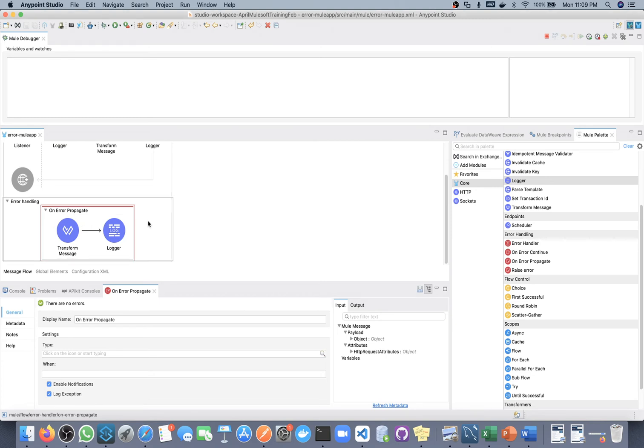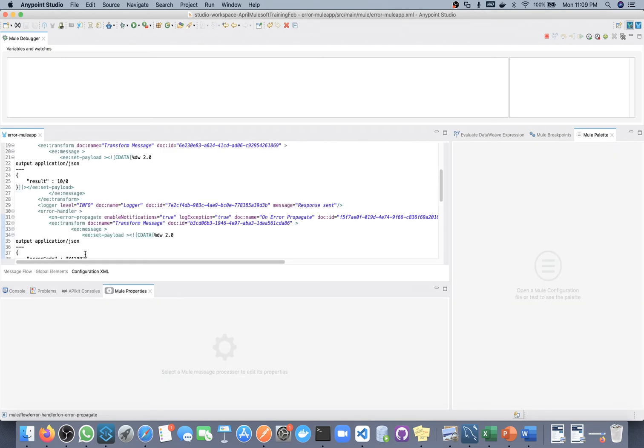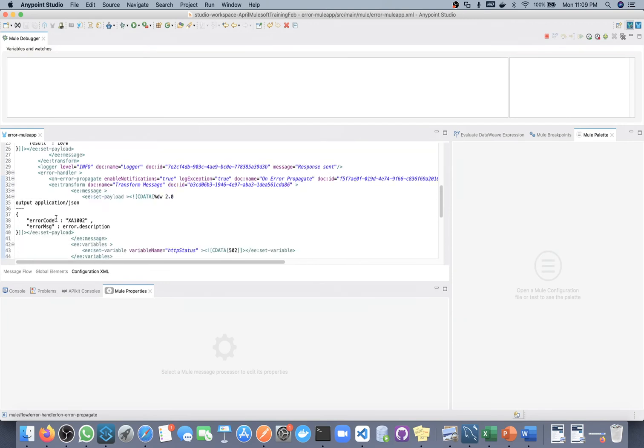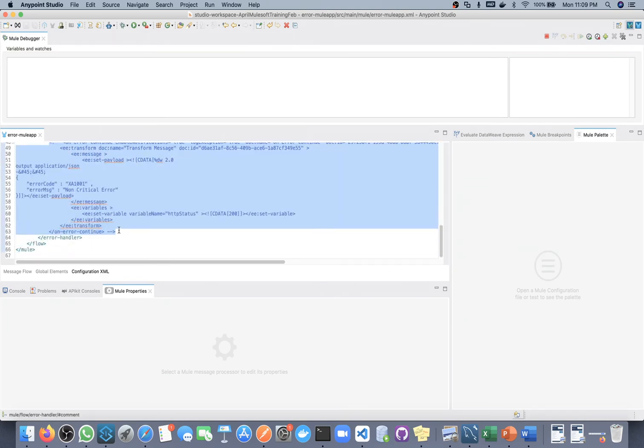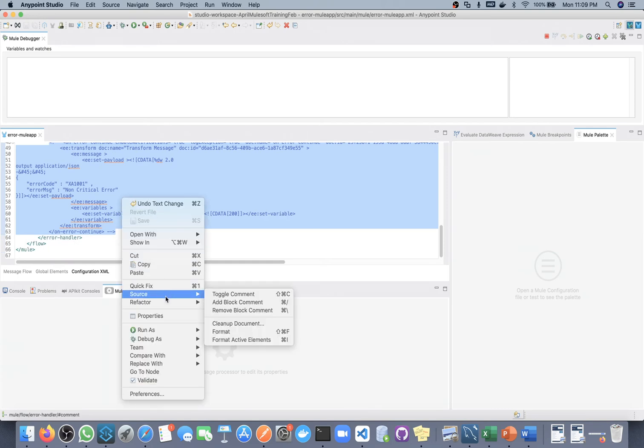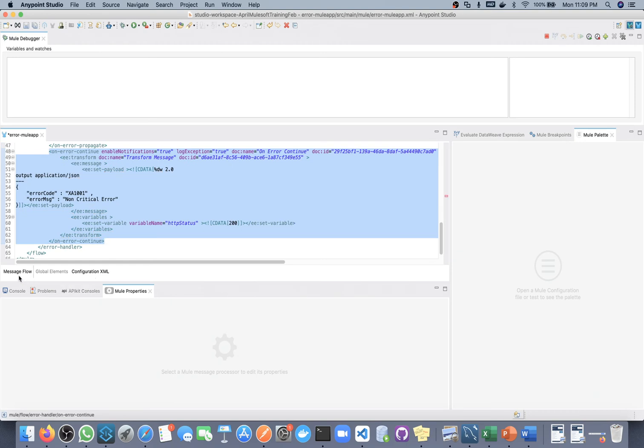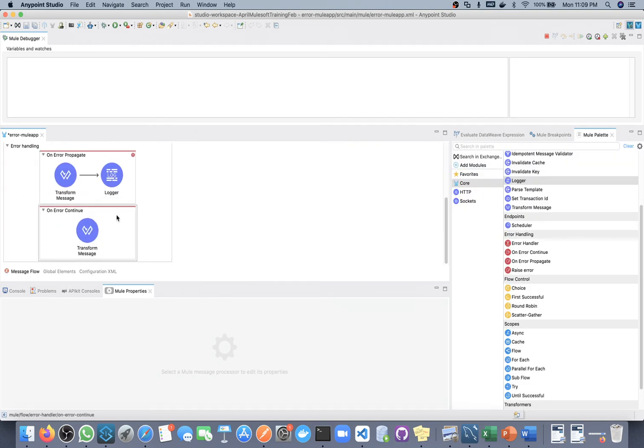So what I will do, I will uncomment this on error propagate also, on error continue also. So we have this on error continue, source, remove block comment. Now if you go to your message flow, you can see we have on error propagate and we have on error continue.